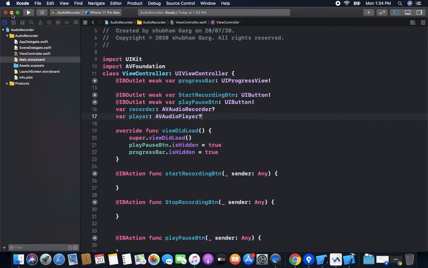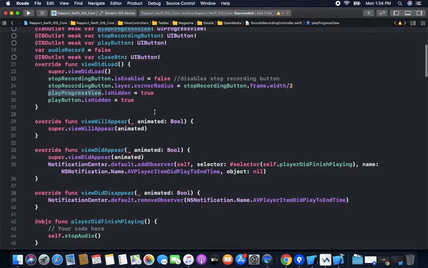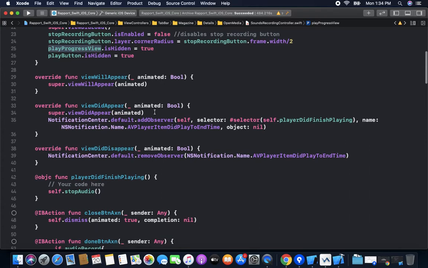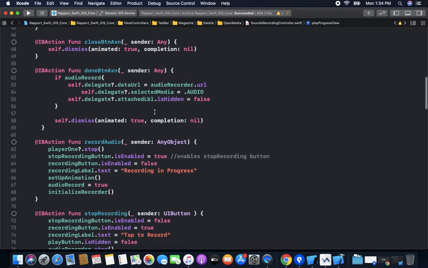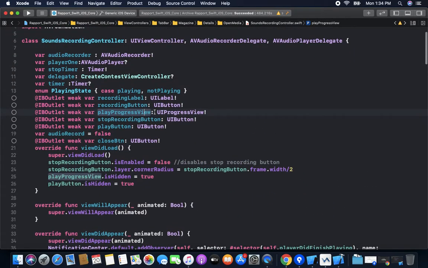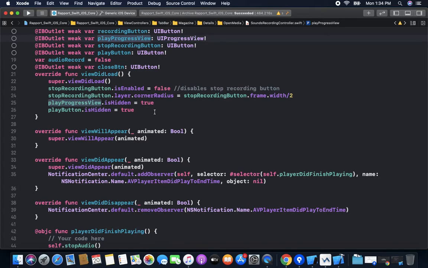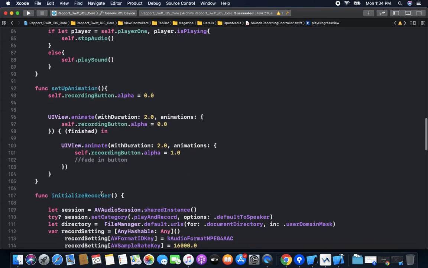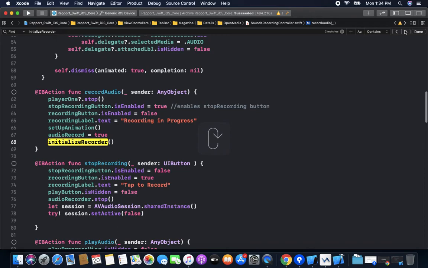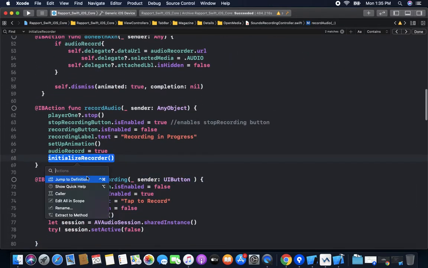Now we need to initialize this recorder and player. For this we use the code I have. We have a function initializeRecorder.